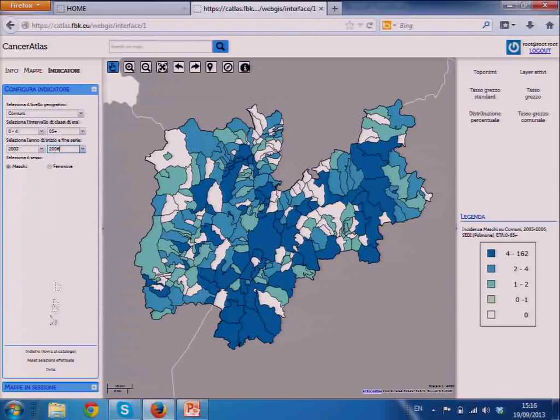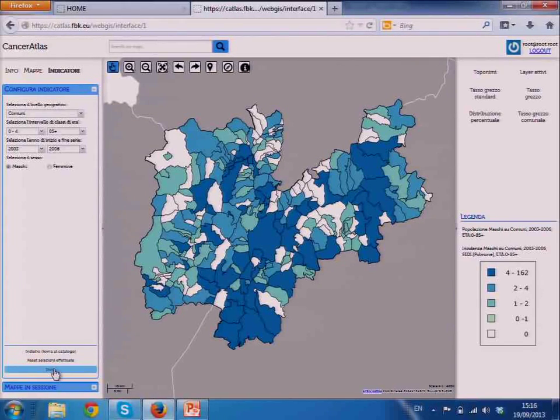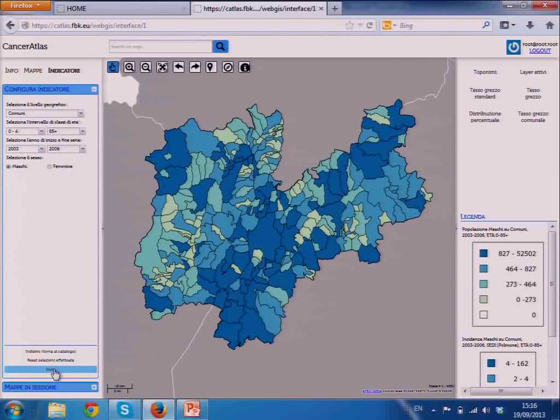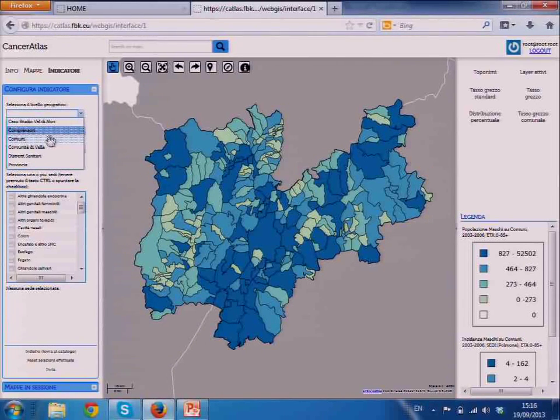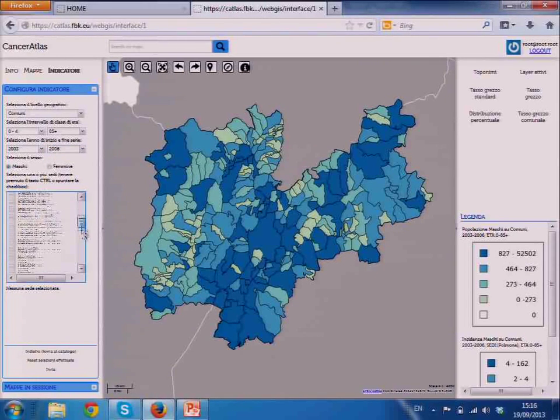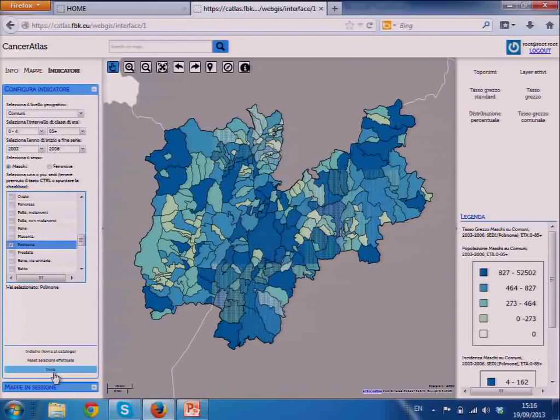So we do the same query on the database, and now we see the system will change, and this is the population. So it's not the disease, but it's the population. Now, as we said during the presentation, we might want to see the real distribution, to try to smooth out this incidence, because one of the problems is when you start to show these types of maps to the public or to the medical staff, they go directly to their own municipality or where they live, and they say, something is happening over there. And so now we will show you the